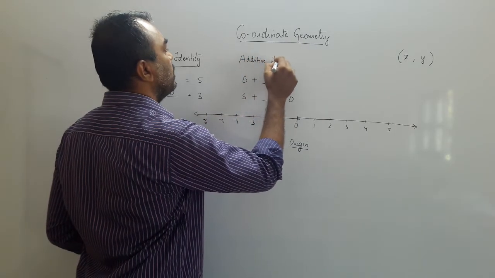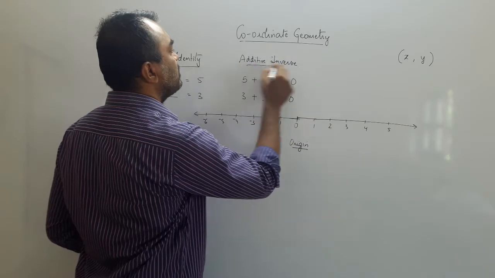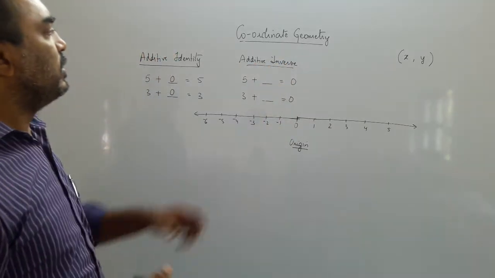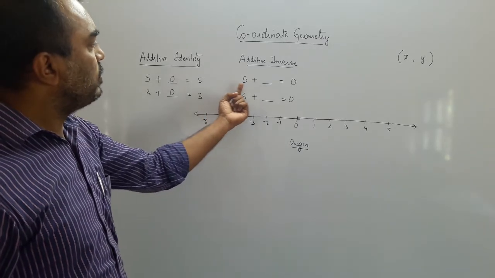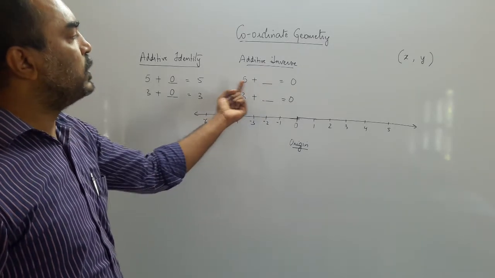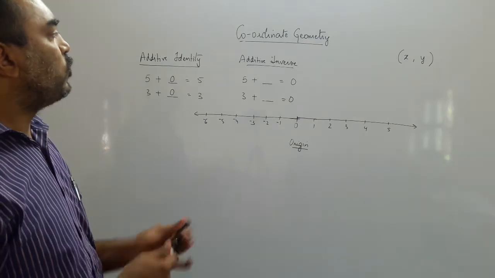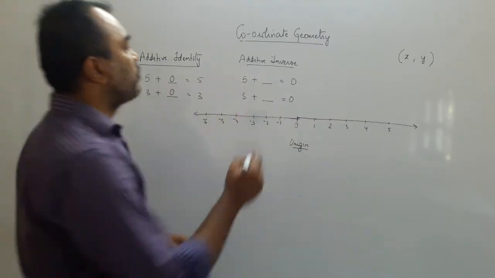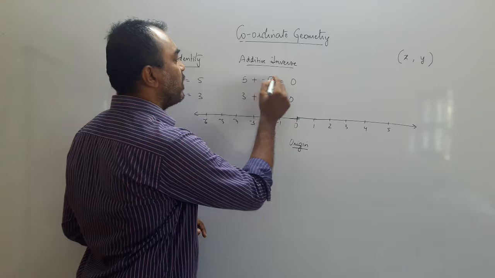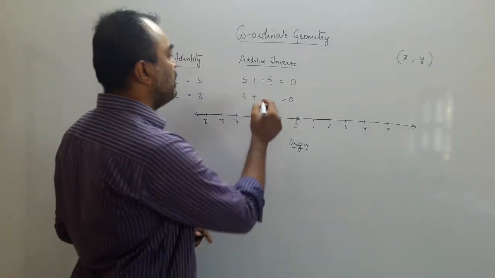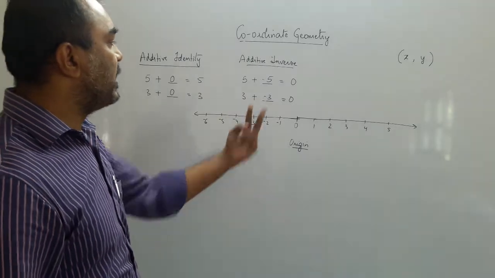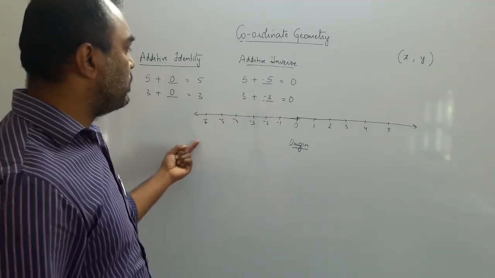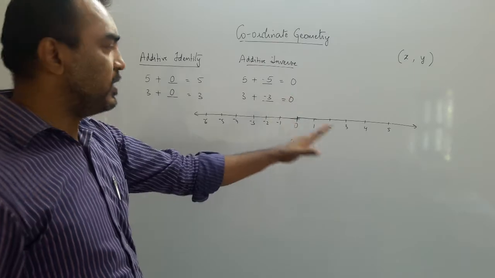Additive inverse. So what does the additive inverse do? It is the inverse of the number that on adding that number to the original number you get the answer 0. So you find out the additive inverse of 5 is -5. The additive inverse of 3 is -3. I'll give you an example of the negative numbers. So the negative numbers are also the opposite in direction, you can see.